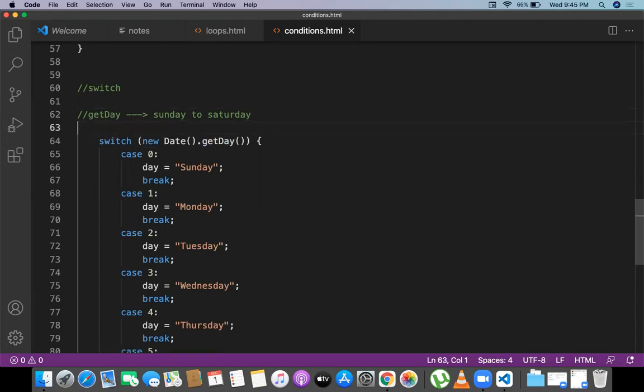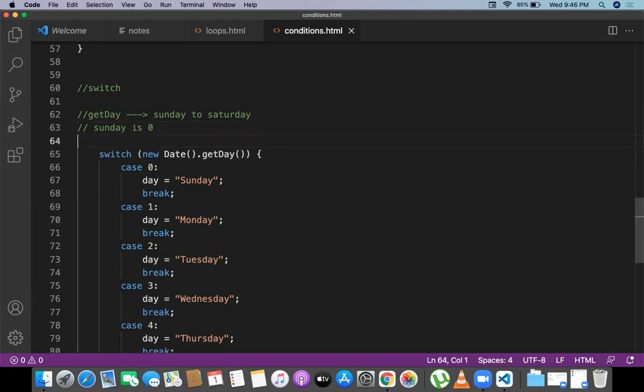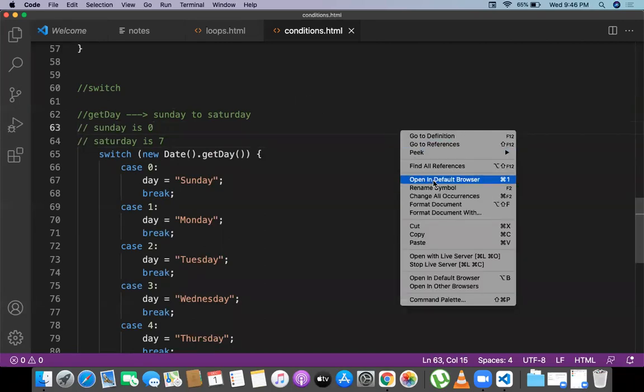One more point to remember: Sunday is always 0, and Saturday is 6. So we go from Sunday 0, Monday 1, Tuesday 2, up to Thursday 4 and the 5th day. The day is printed for you by the getDay method.